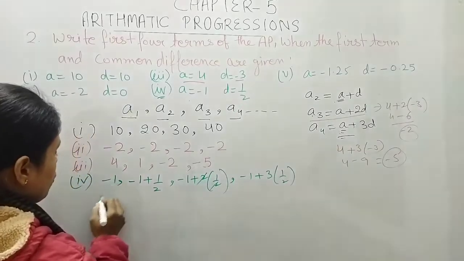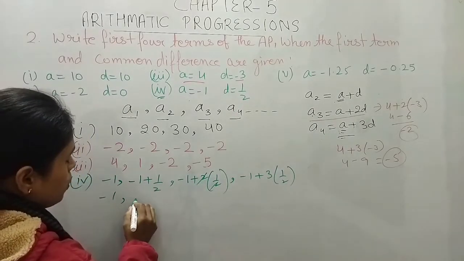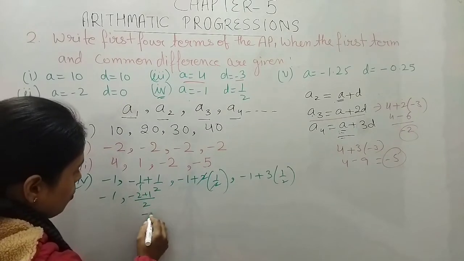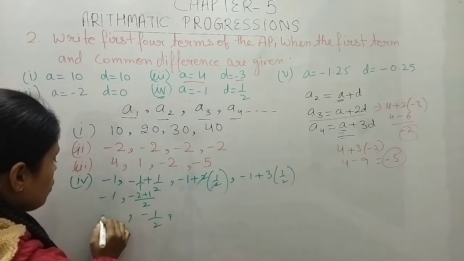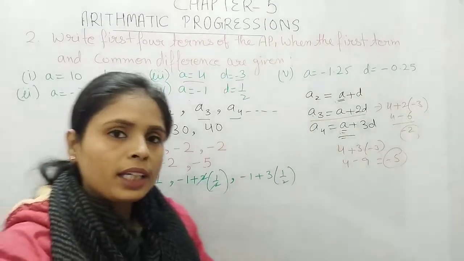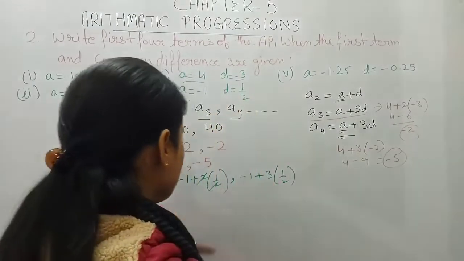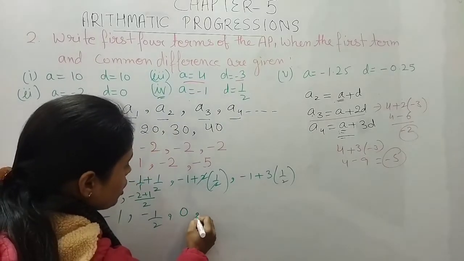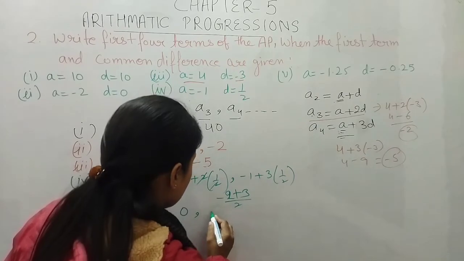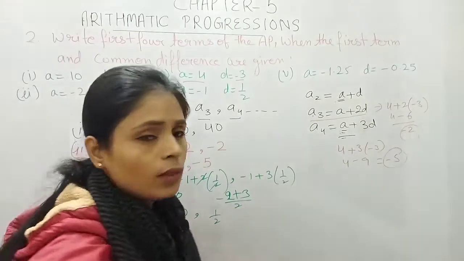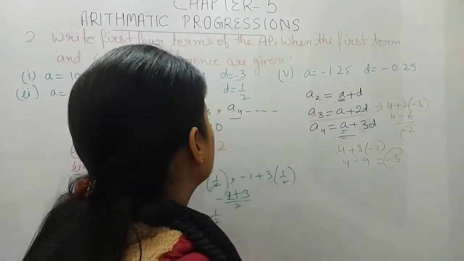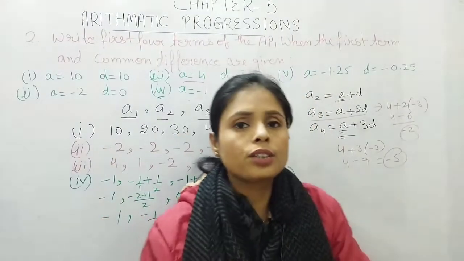Now you can either leave it as it is, otherwise you can do the solution of these values as well. Like, what can we do? Minus 1, we will take an LCM. Minus 2 plus 1, it will come minus 1 by 2, and here it will be minus 1. So here one value has minus integer and plus integer, so they will just cancel from here. We will be getting 0 as the third term, and for the fourth term it will come 1 by 2. So this is how we can create an AP series if the value is in rational form.